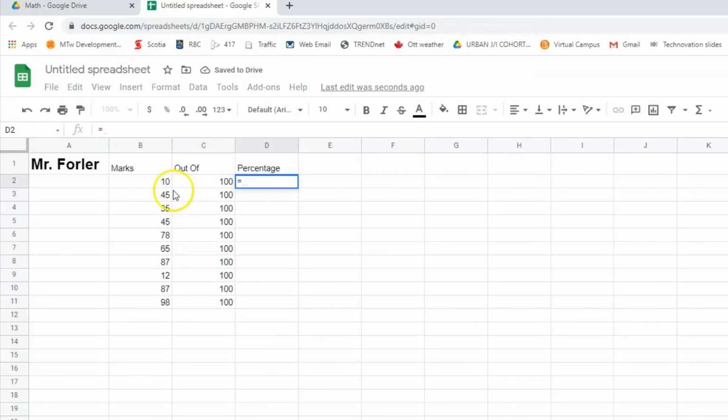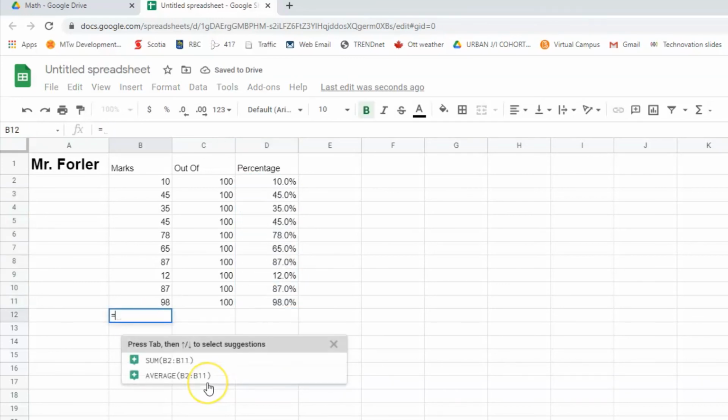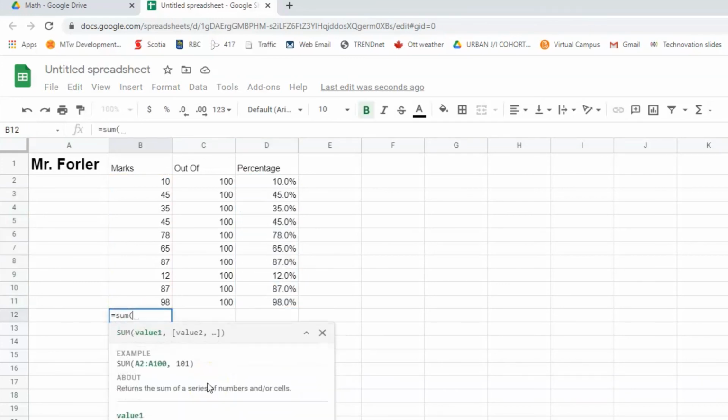Percentage, I'll go ahead and click equals the first cell divided by the second cell and press enter. The process is exactly the same. This time, again, I'll do a keyboard shortcut of Control-C to copy, click and drag to highlight, and Control-V to paste. Adding up the columns is also the same, equals sum, the bracket,